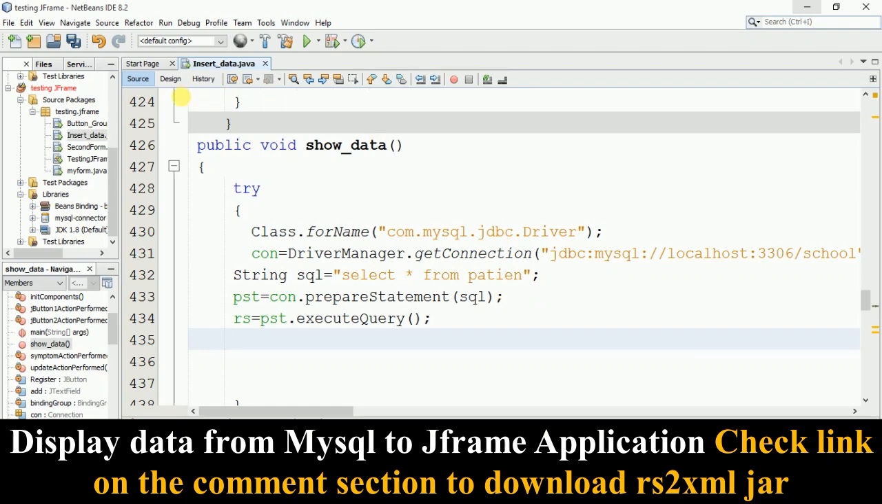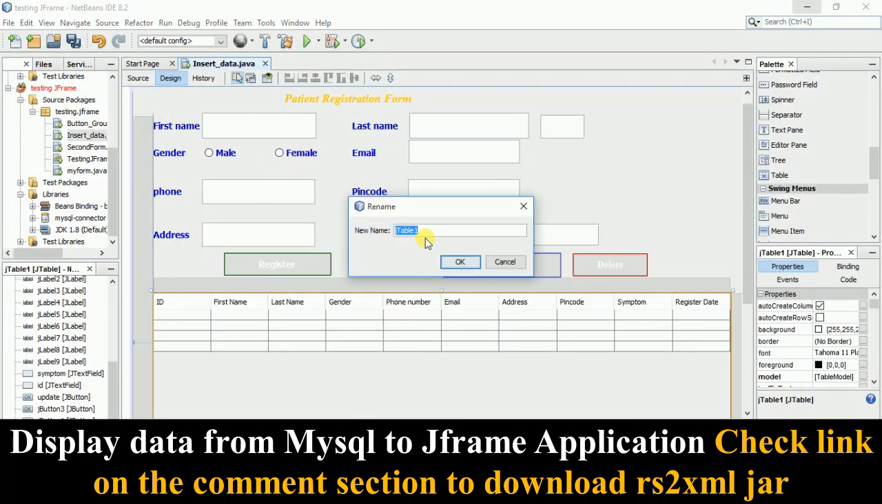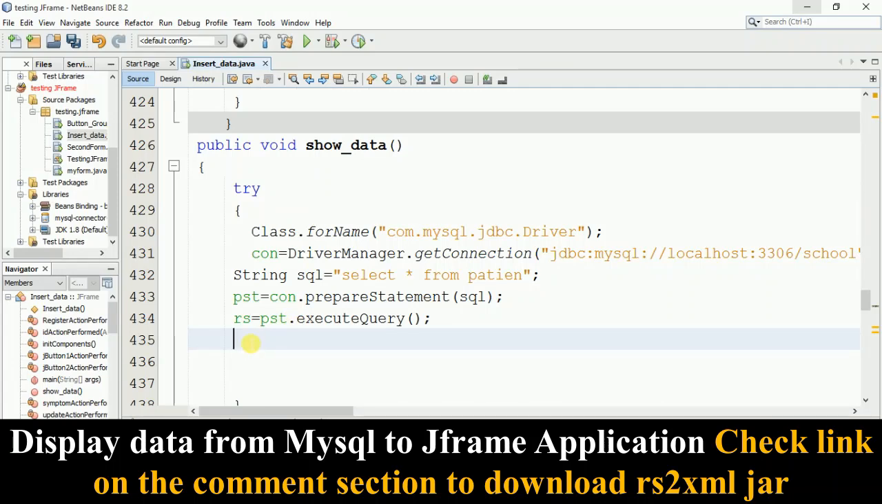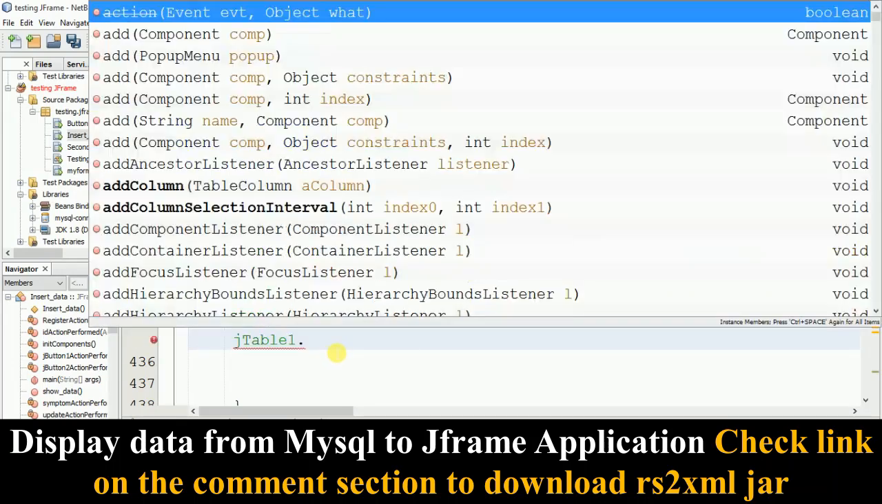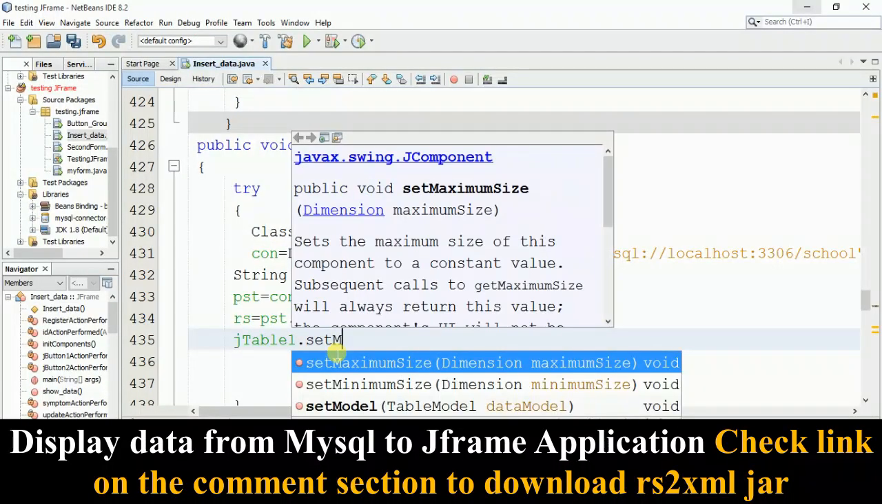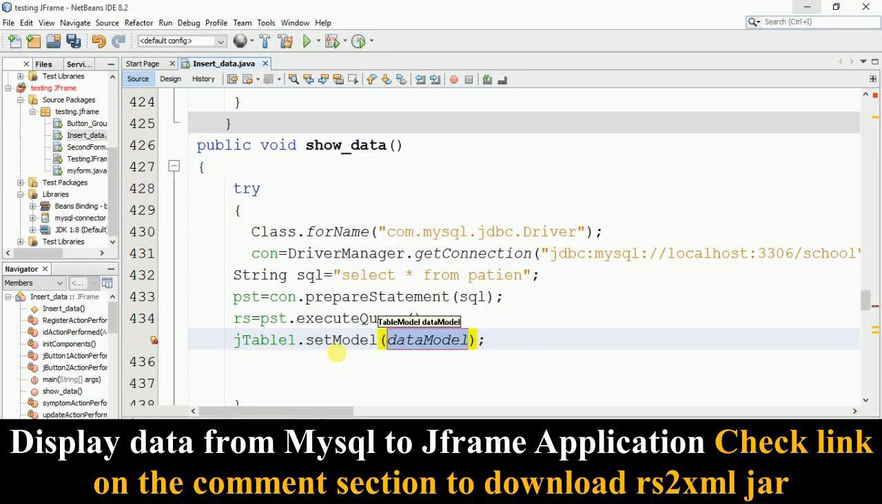Now go to your design. Right click on this table, click change variable name, and you will find your table name. You can change it, but I just copy this variable name. So I go back to the code and paste it here. Now jTable dot setModel. Automatically it gives us this data model, but what we need to write is